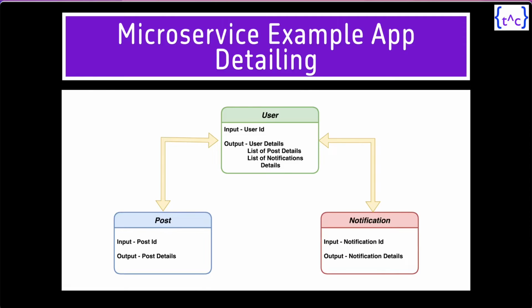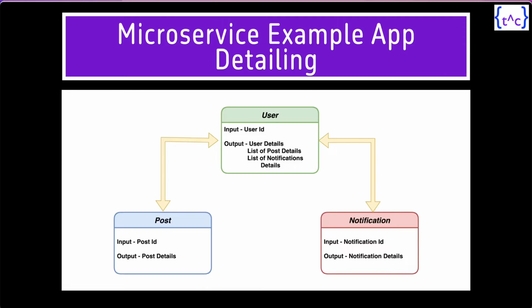That means it will have user ID and user details such as username and user phone number, and which posts or notifications are created for the user. So it will store their IDs, not the post and notification details,